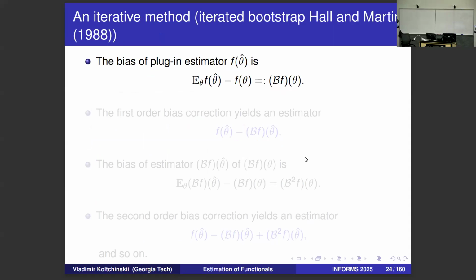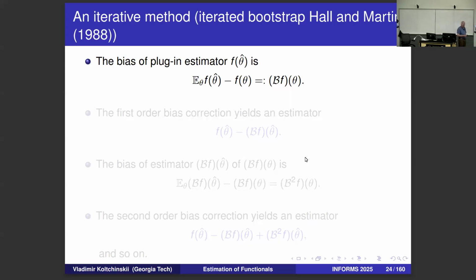The earliest reference I was able to find was in the paper by Peter Hall and Martin published in 1988. They called it iterated bootstrap because it was a time when bootstrap was a very active area of research, bootstrap methods in statistics, and it was related to bootstrap in this paper. But the idea is the following: what they are doing